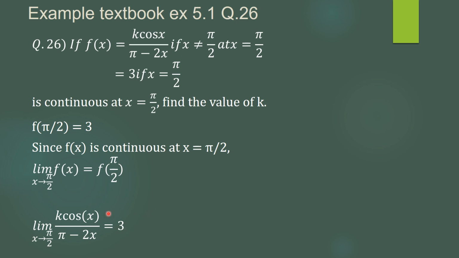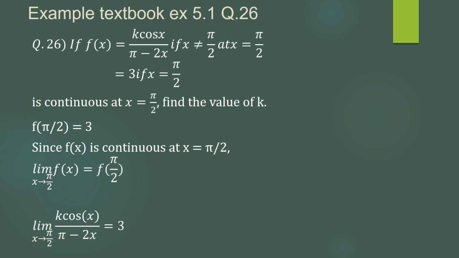Now in this case, we cannot replace x directly as pi by 2 because when we replace, this 2x becomes pi, so pi minus pi is 0, as well as cos pi by 2 will also be 0. So here we get the form 0 by 0. Always remember 0 by 0 can be any real number. We have studied this last year. 0 by any non-zero number is 0. 1 upon 0 is infinity, but 0 by 0 is not infinity, not 0. It becomes any real number. So this is going to be a certain real number, so we cannot replace x with pi by 2.